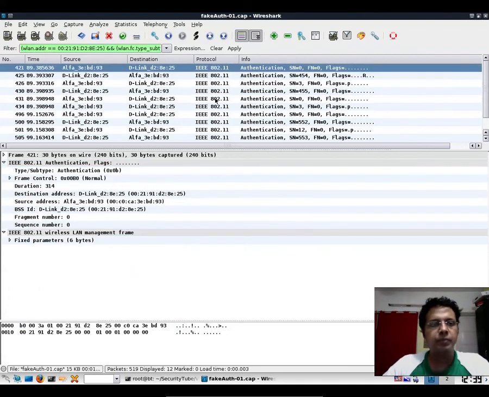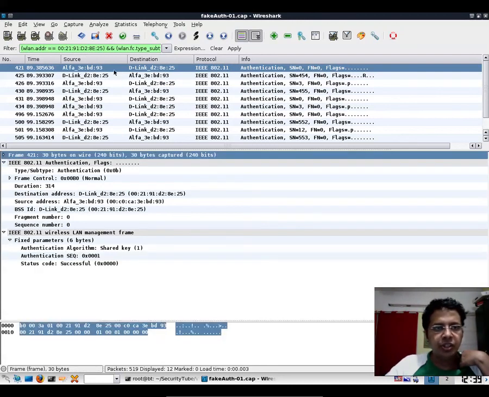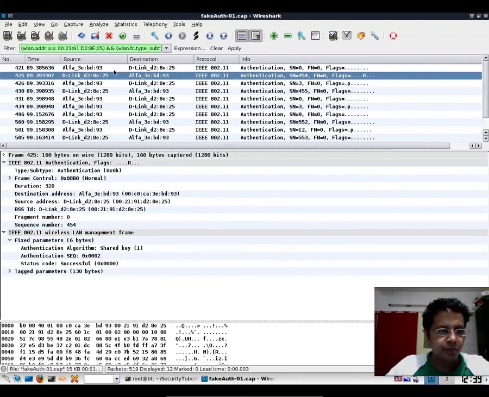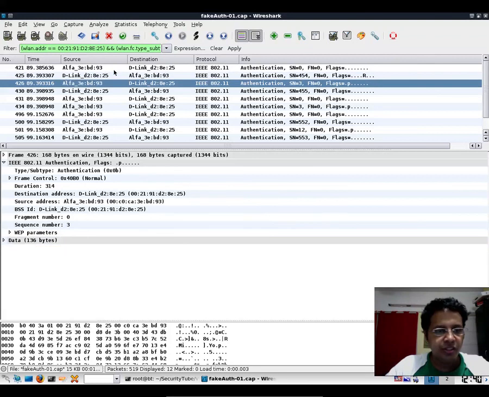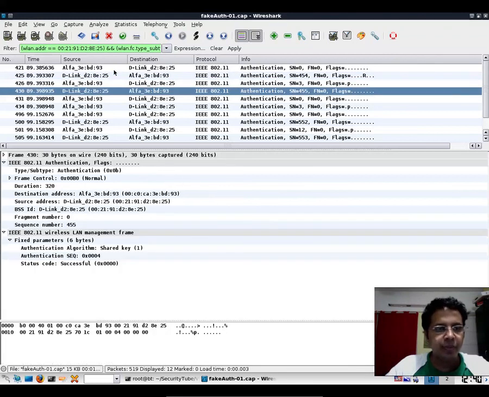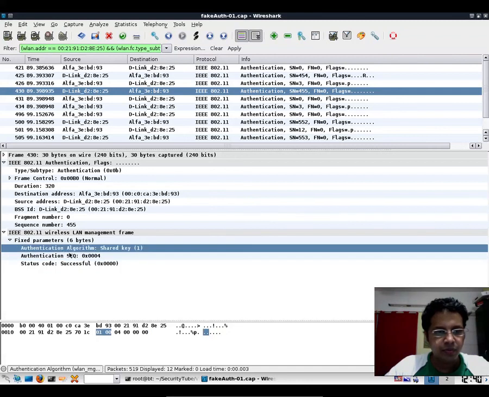So here we go, right? And this time our Alfa card was the one initiating the authentication request, and from that point on, the access point sends the challenge back, we send the encrypted challenge back, and finally the access point sends the success, right?